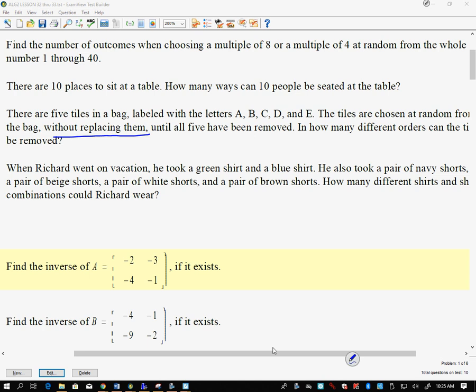Okay, so let's see. How many letters do we have? 5. So we got 5, right? How many of them could be first? 5 of them could go first, right? So the question is, how many different orders could be chosen? Well, we're talking about probability, right? Then we'll notice we should be getting 4, 3, 2, 1, right? So what we'd be left with, I believe, unless I'm wrong, is 5 times 4 times 3 times 2 times 1, right? So we would be getting 5 factorial,